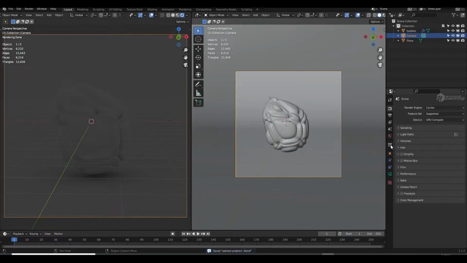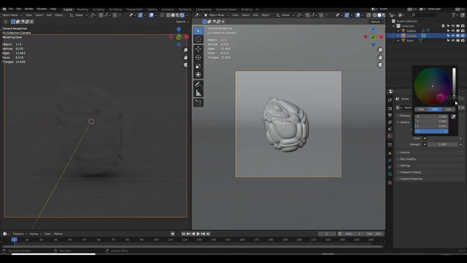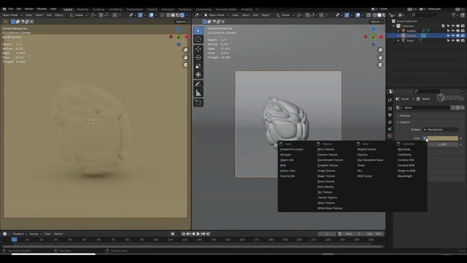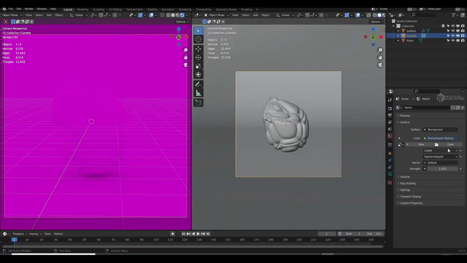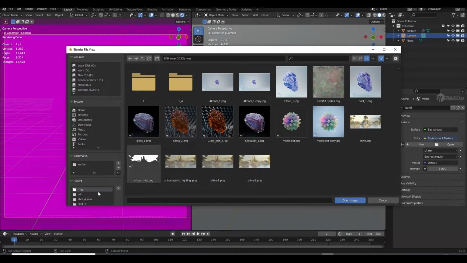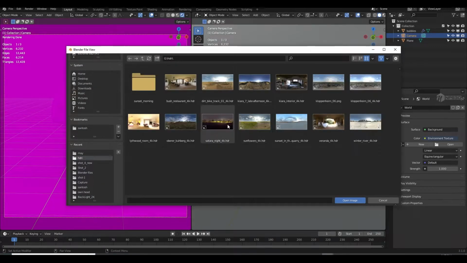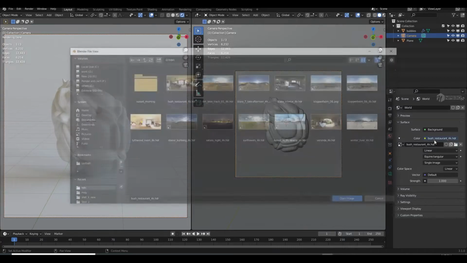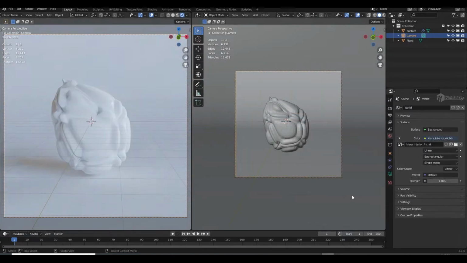First we'll try to add environment lighting, so I will go to the environment tab, and even if I want I can add a color here, but I want a proper HDRI, so I will click on this color button and add an environment texture and open an HDRI. So maybe I will use this one. Let's try to see this one, or maybe this one, blue,